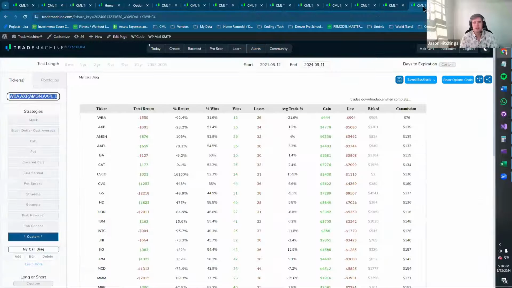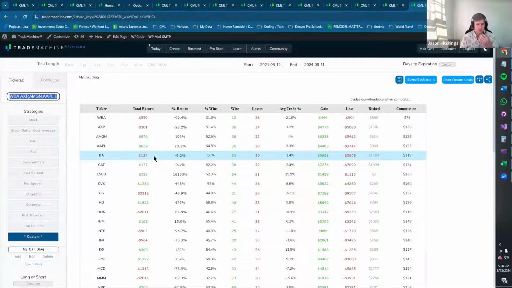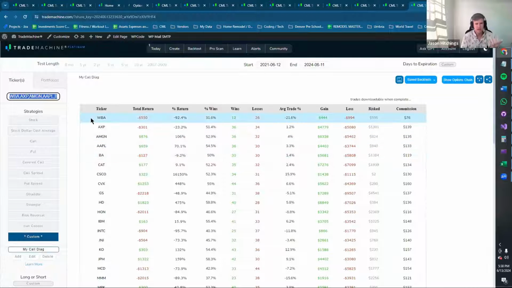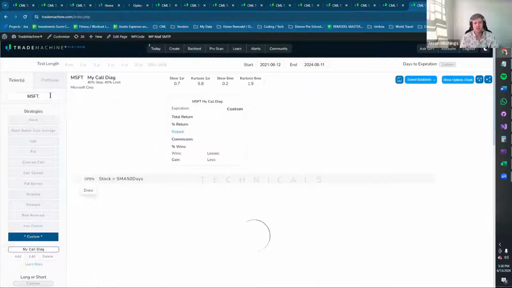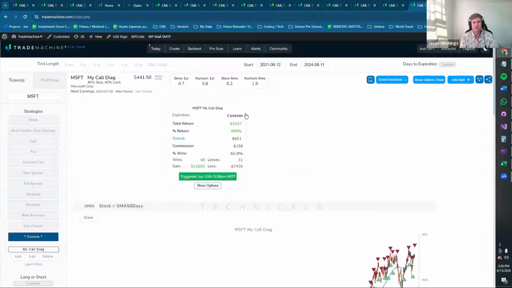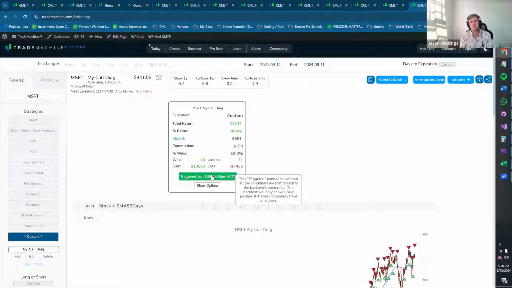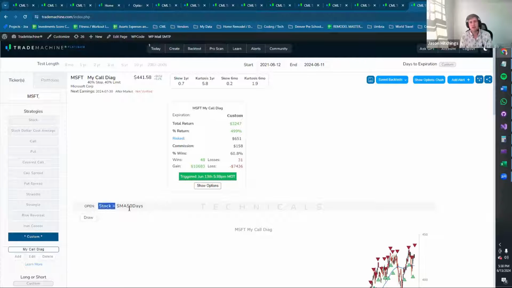So when you pull up this strategy, you're like, hey, what's going on? This was supposed to be from Microsoft, but what's all this stuff? So all you do is you say, when you save the link, it was for that entire strategy, but you can just enter for just Microsoft. And now it's going to say, okay, this happened for just Microsoft. And the conditions were true as of today. So Microsoft was above the 50-day moving average. And this is the return so far on this specific strategy.